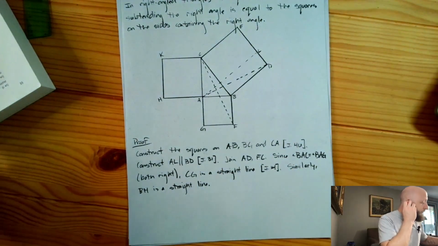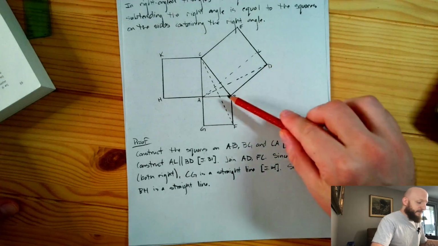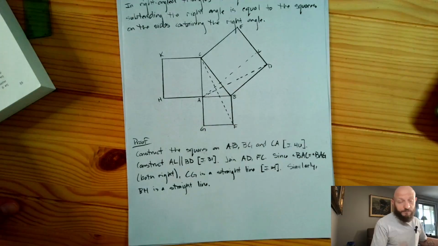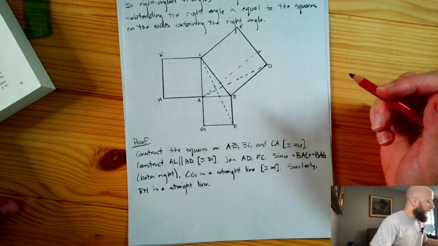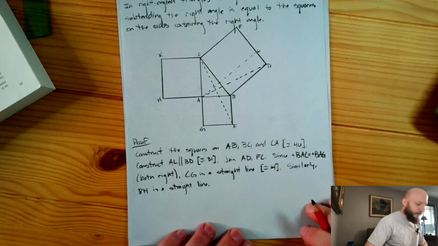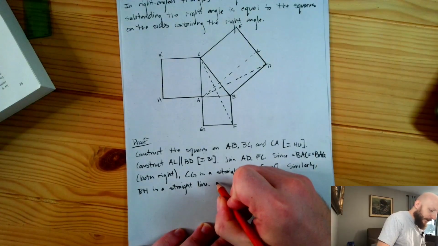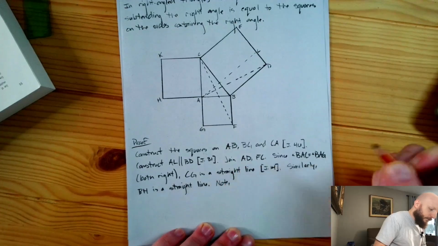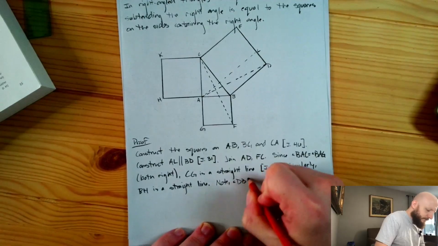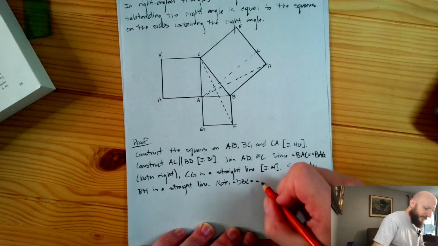Okay, and since the angle DBC is equal to FBA, because they're both corners of a square, they're both right. If we add ABC to each, then the resulting sums are equal. So we'll just say, then, note, angle DBC equals angle FBA